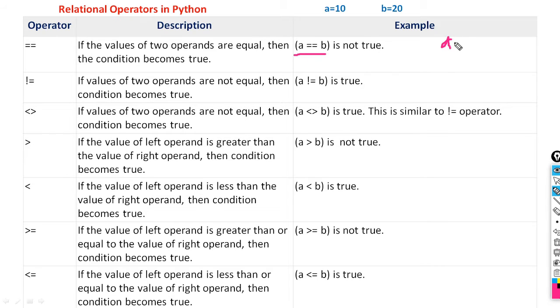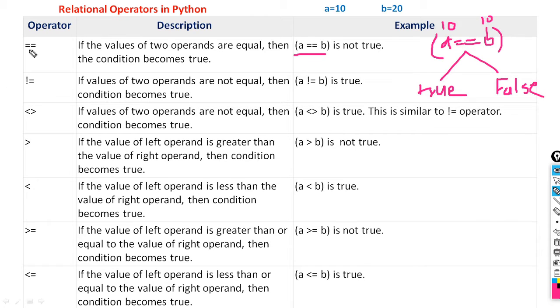Like this, if a is equal to b. When we check the condition with the help of this, what does it give? Either true or false. These values are called Boolean values because there are two values. That's why we can say true or false. So if a is equal to 10 and b is equal to 20, it returns false. If the values are the same, like a is equal to 10 and b is equal to 10, what does it return? It returns true. So when the values change, the output can change.